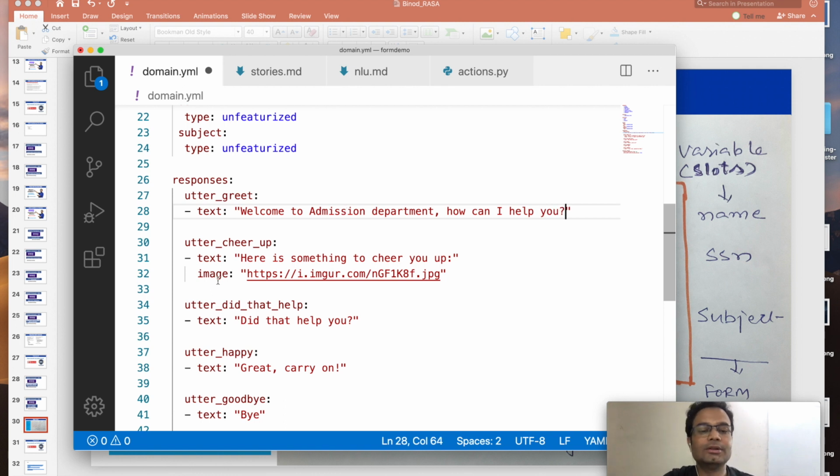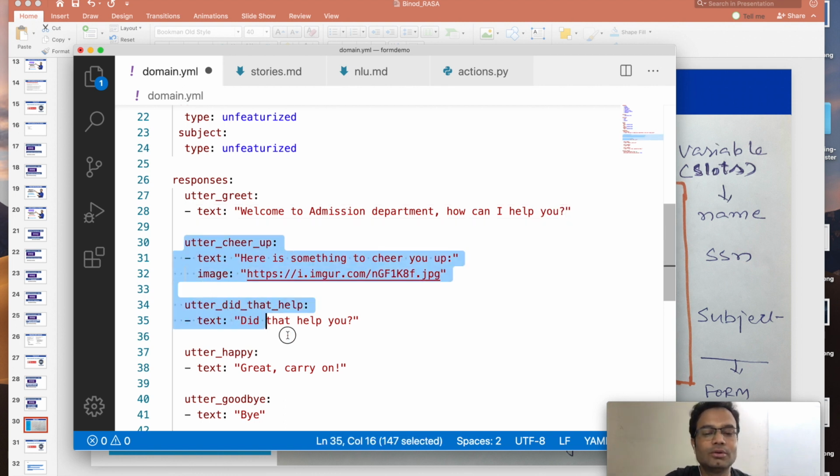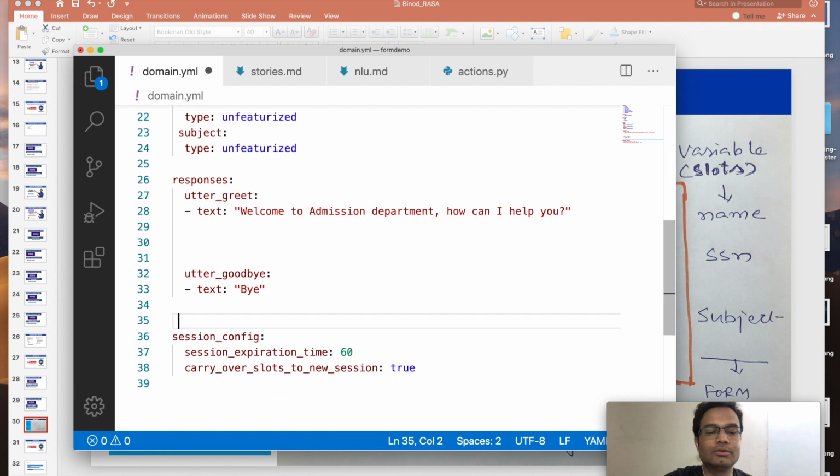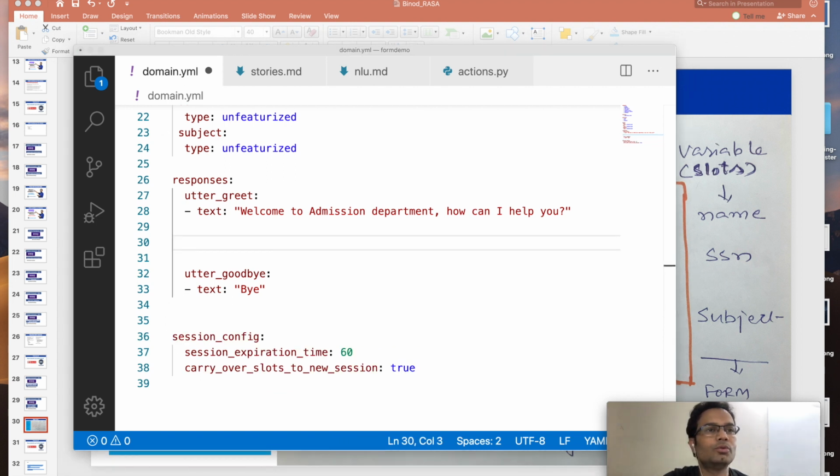Okay, and then I don't need this much. Even I don't want this required. Okay, so now if you go to the domain, I need, yeah, unfeaturized. Okay, so I need these three things.